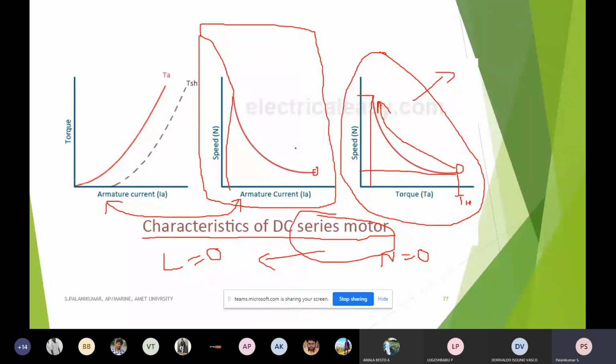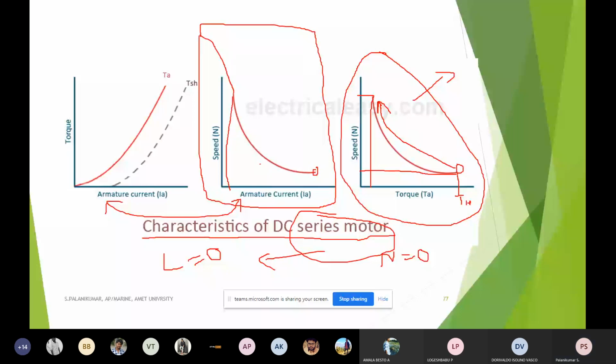The dead weight of the vehicle, whether it is a car, a train, or a marine propulsion unit, an electric propulsion unit, will always be there. So at no point of time will the motor operate at no load. Initially it can produce very high torque, and when the speed has to be increased further,